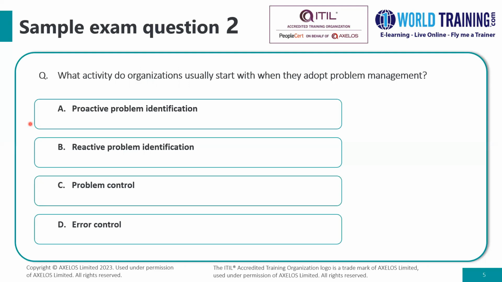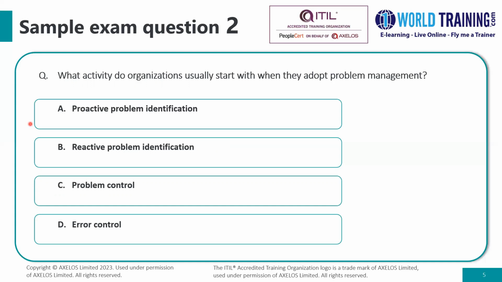If you think about this, it cannot be problem control or error control because that happened much later on. It can be either the proactive or the reactive problem identification when they begin to adopt problem management. So the question is whether it is proactive or reactive. And the correct answer here would be the reactive problem management, because organizations start